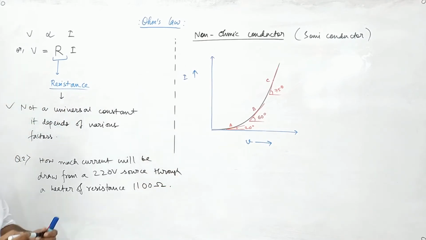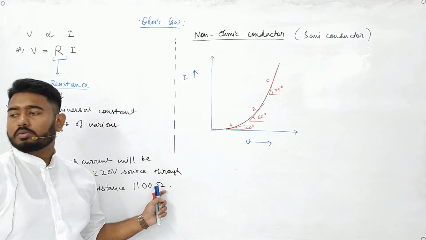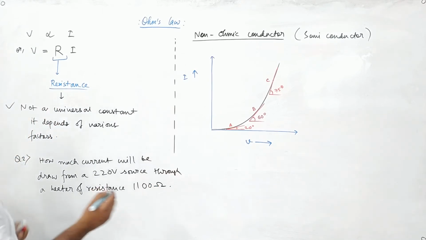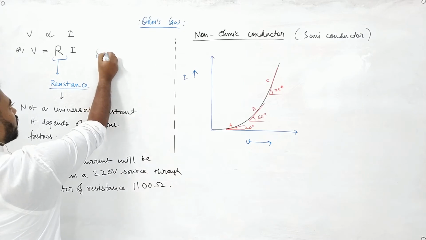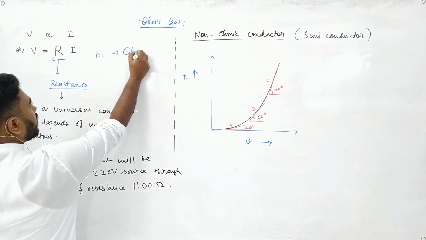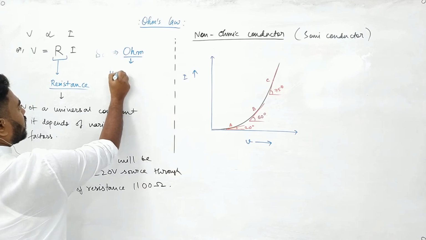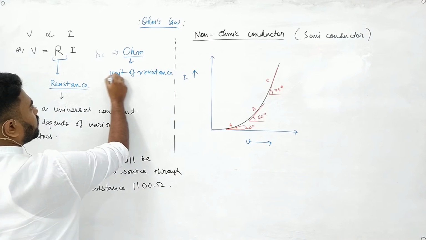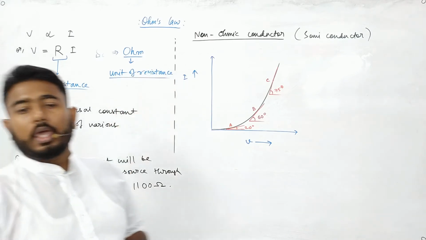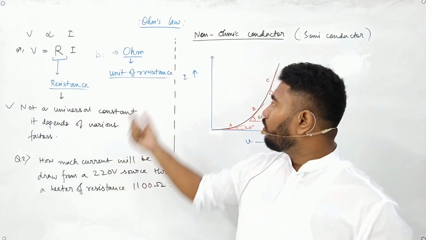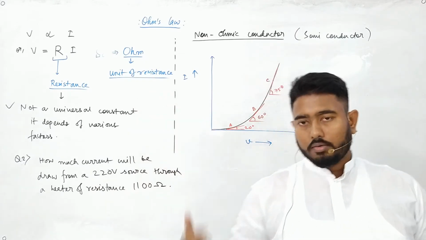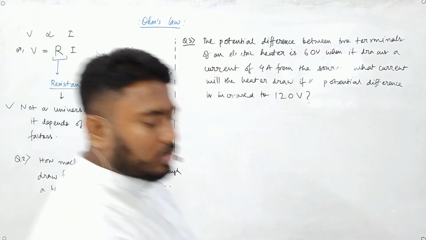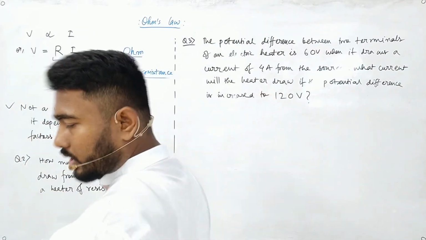ohm. Now I wrote this symbol, this one is ohm. What is this symbol? Ohm. This symbol ohm is the unit of resistance. Like volt is the unit of potential difference, ampere is the unit of current, ohm is the unit of resistance. Write this down first. So first question number 2, those who have finished, they do question number 3.